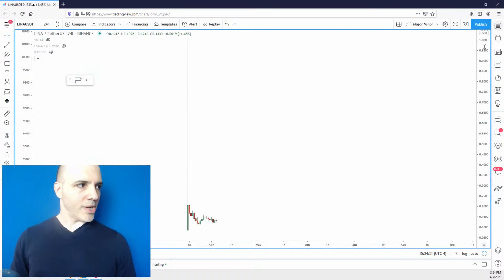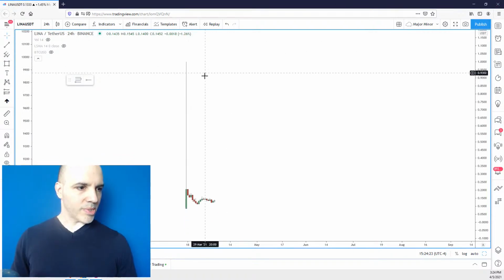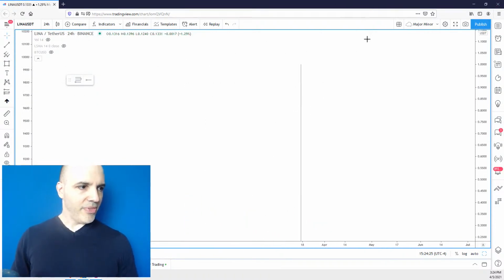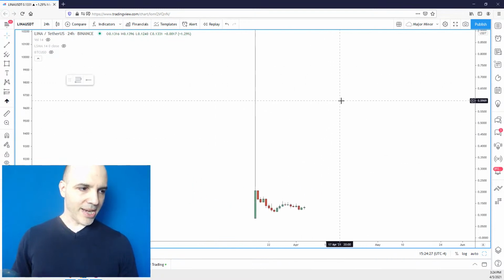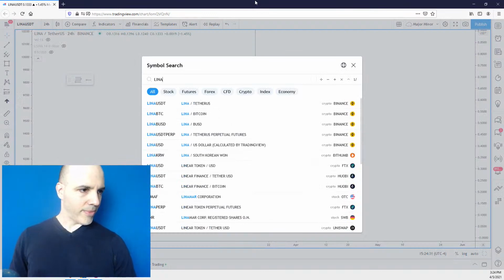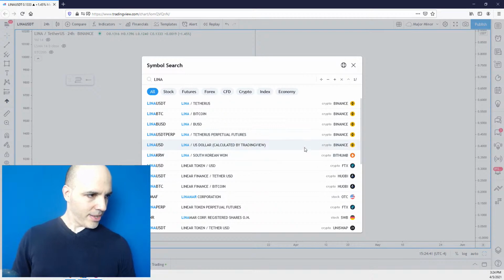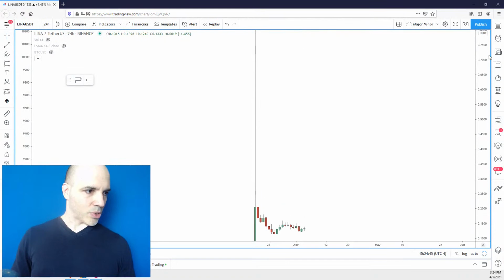So his question is, what's the deal with the price action here? I don't like this chart. I could tell you right now, there's not much price history there. Let me see if I could find a better chart here. Is that the Binance chart? Yeah, it looks like that's the Binance chart. There's a perpetual futures contract, but it's all Binance. All right, fine, so I'm going to have to look at the Binance chart.